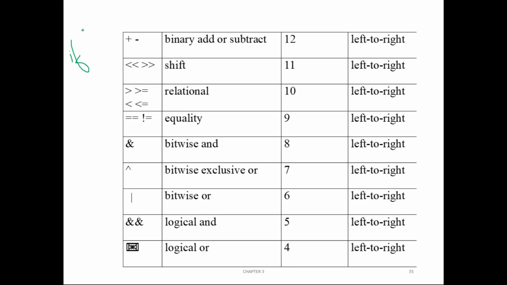If you want to check whether a is equal to b and x is equal to y, then do something. In that case you have to use logical AND, two times. It means this particular thing will execute only if a is equal to b is satisfied, and also if x is equal to y is satisfied. But if you use a single AND symbol, that is bitwise AND. So that is the next highest priority, and it also executes from left to right.